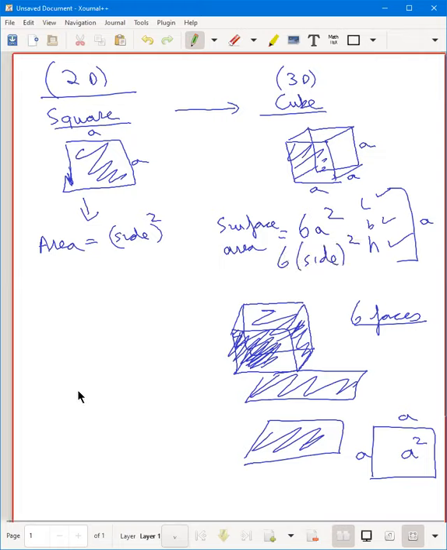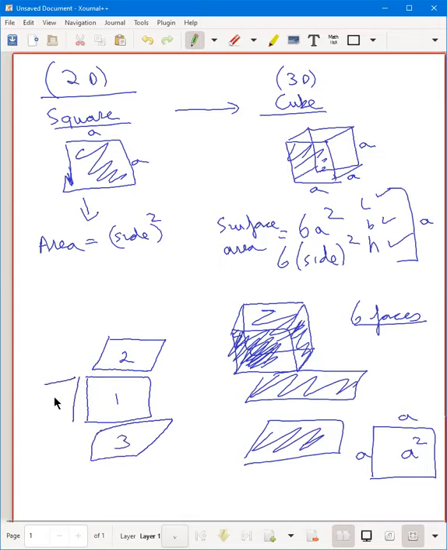Think of it this way. Let me do it in a 3-dimensional form for you. This is the front face, the first face. I have this top side here, second. Then I have this bottom face, third. Then I have one side on the left, fourth. I have one on the right, fifth. And I have one on the back side. So this is the sixth face. It'll be something like this on the back side, right?